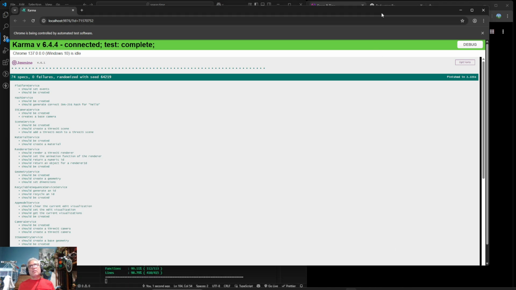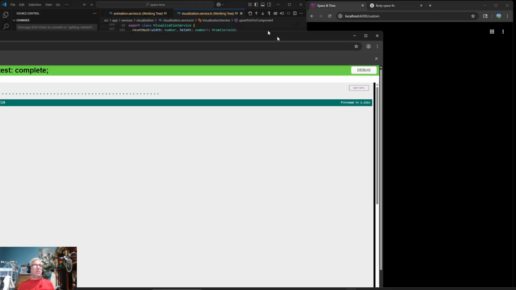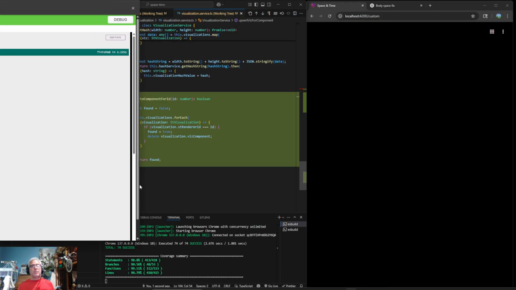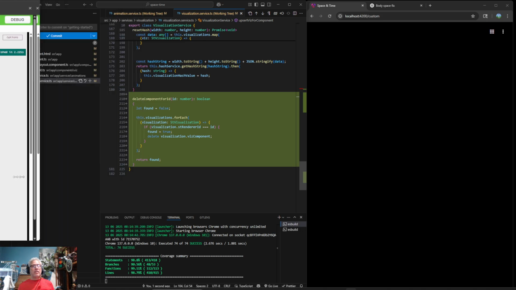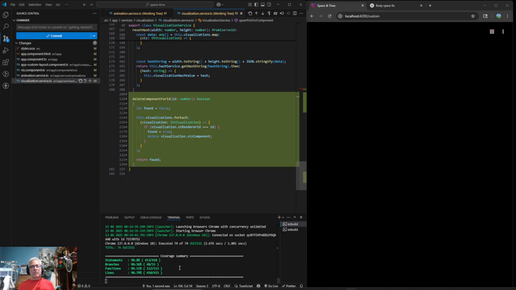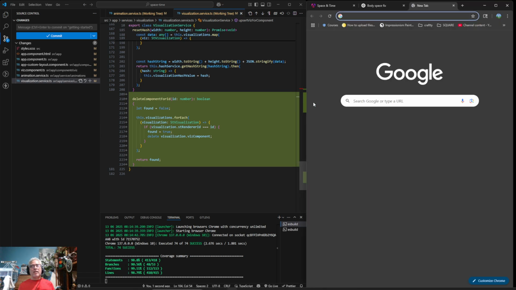And then the next step is to look at our code coverage and see if we still have 100% code coverage. No, we do not. We can actually see that we have lost our 100% code coverage. So then what we need to do is create a new tab, but for some reason it will not.